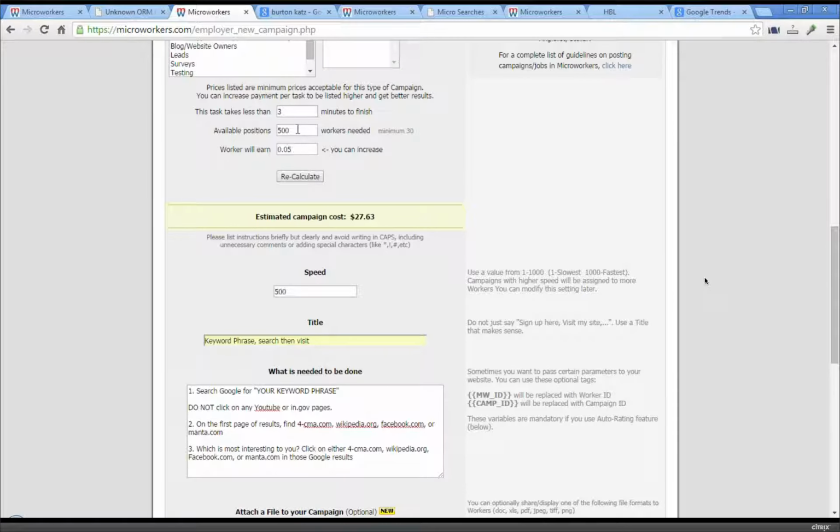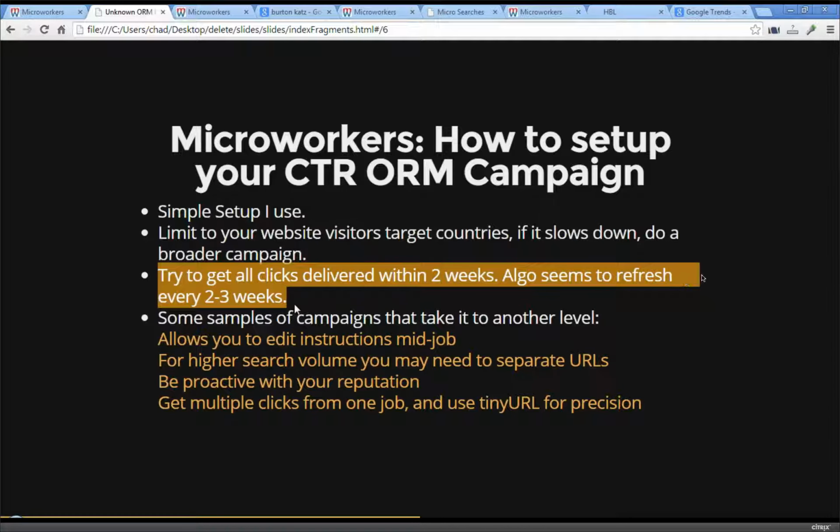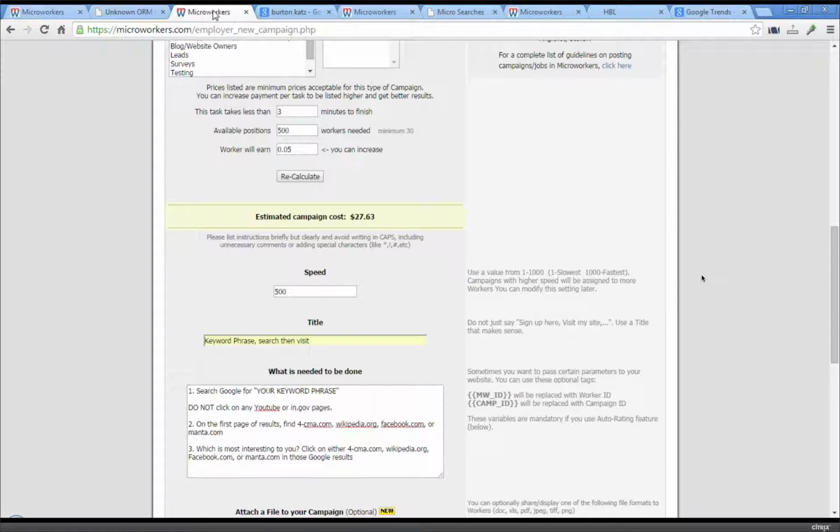So if your campaign is going slow and you really want to get all these clicks in 2 weeks, because remember the algorithm is going to refresh every 2 to 3 weeks, so you really want to get all the clicks delivered. So if the clicks are coming in too slow, you're going to need to do some creative ways